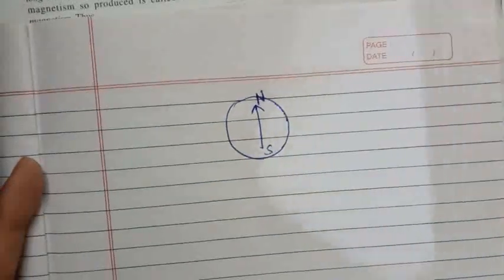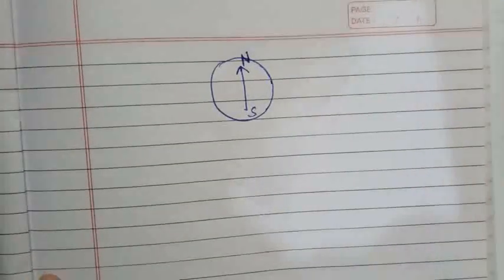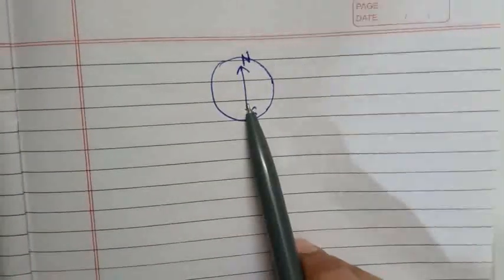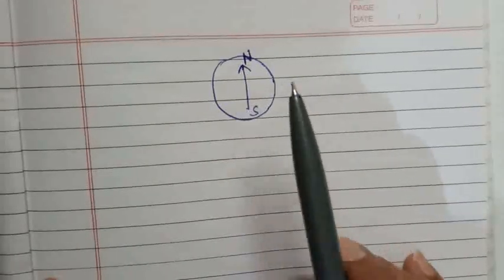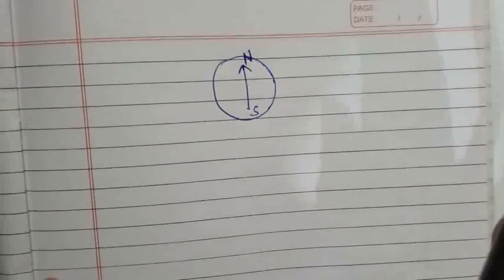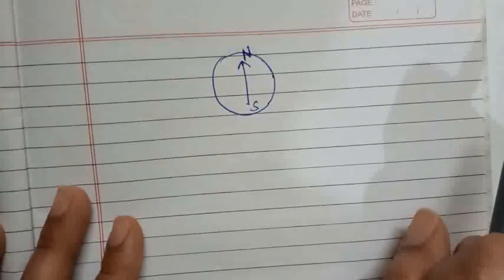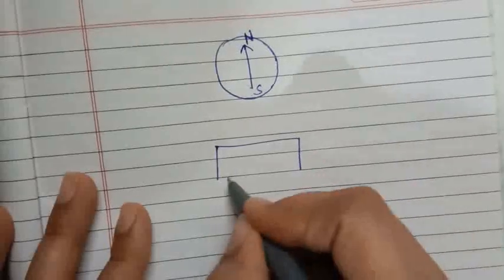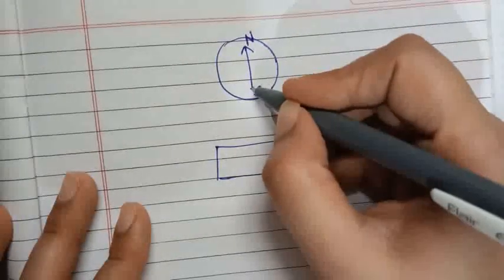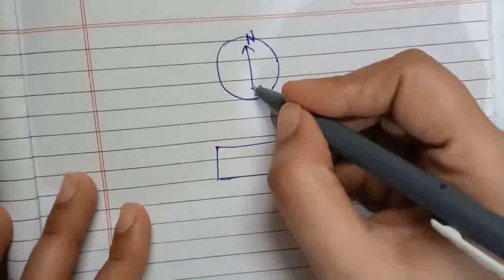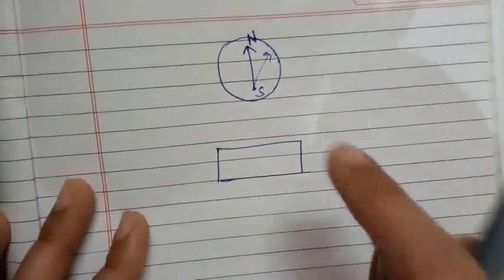Alright, now if we keep the magnetic compass needle on a table, we see the needle of a magnetic compass rests in the north-south direction. There is no change in the needle direction. It remains at its own position in north and south. Now if this magnetic compass needle is kept near a bar magnet, it immediately starts swinging from its rest position. It either swings to this side or to that side. It changes its direction. What does it show?